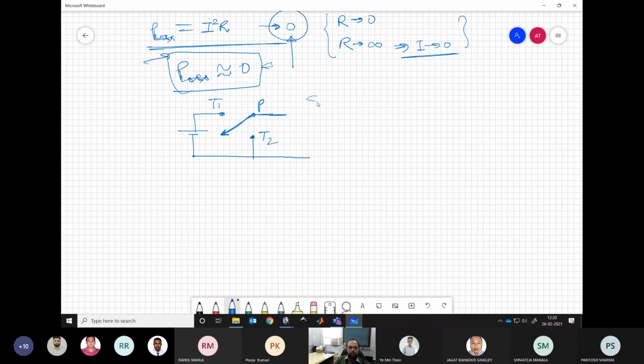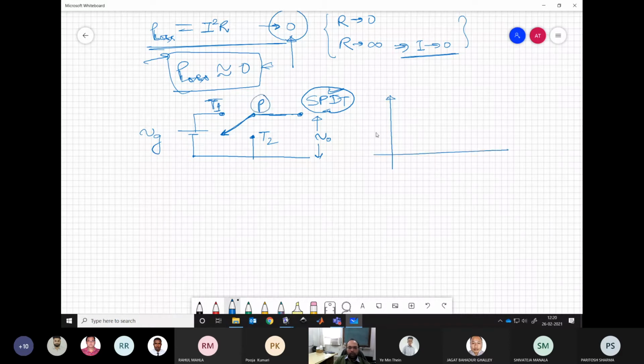This is the single pole double throw switch we are having here. Now, let us say we have such a switch in place and we are connecting our pole with throw 1 and throw 2 in sequence, and we are repeating that process